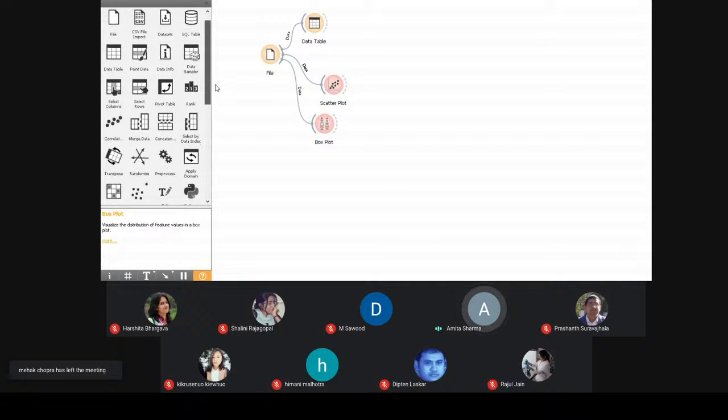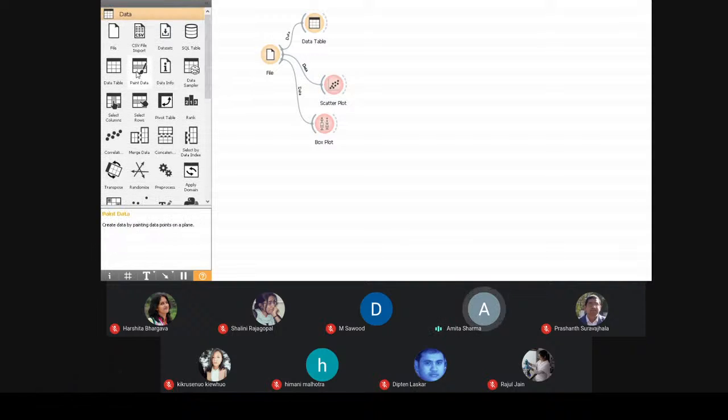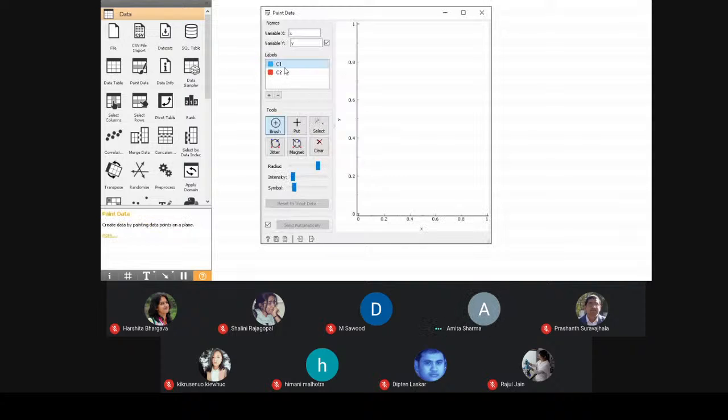There is one more interesting option in this, which is basically paint data. Paint data option is very interesting. You can simply paint your data items. How? When you click on this, initially it will show two categories, C1 and C2.